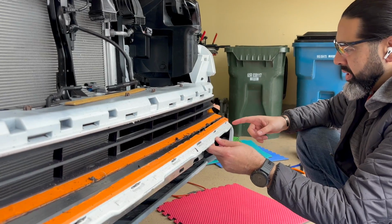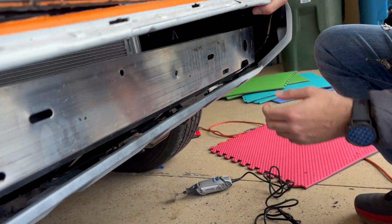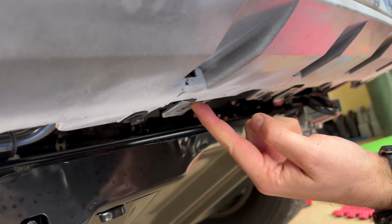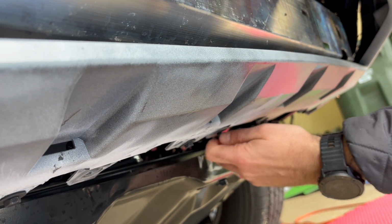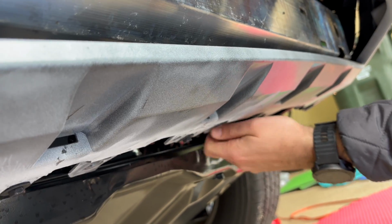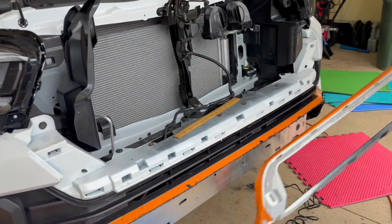So once you cut it, it's going to hang down here like this because you've cut it. And now what you have to do is there are two screws, one in the middle, left of the license plate bracket, one to the right of the license plate bracket. It's a 10 millimeter. Unscrew it, and this whole thing will fall down like this. So now, once we put this on the side,